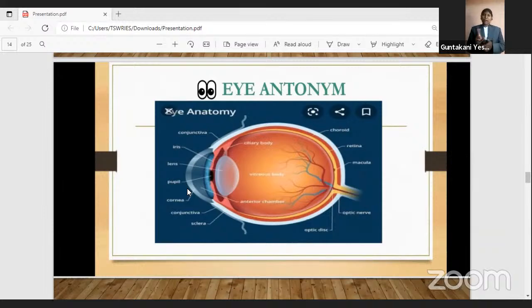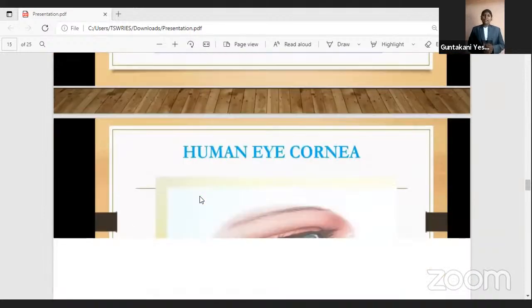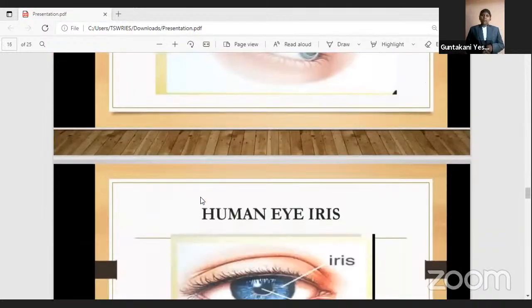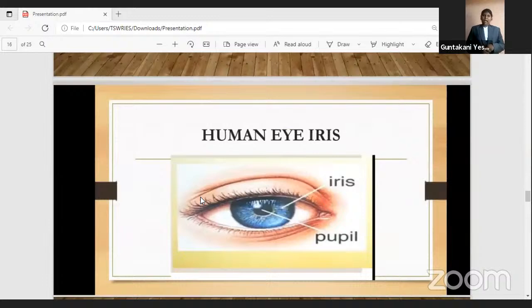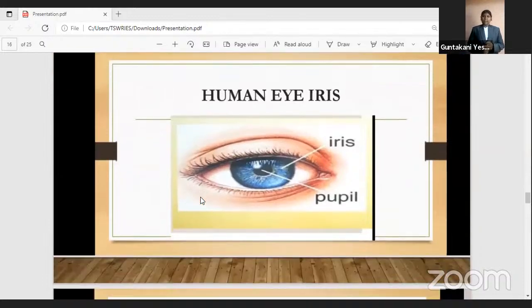And now let us go to another part of our eye. It's nothing but the pupil. So friends, let us see the picture of the pupil in our next slide. So friends, pupil. Let us see the pupil. You can see a small